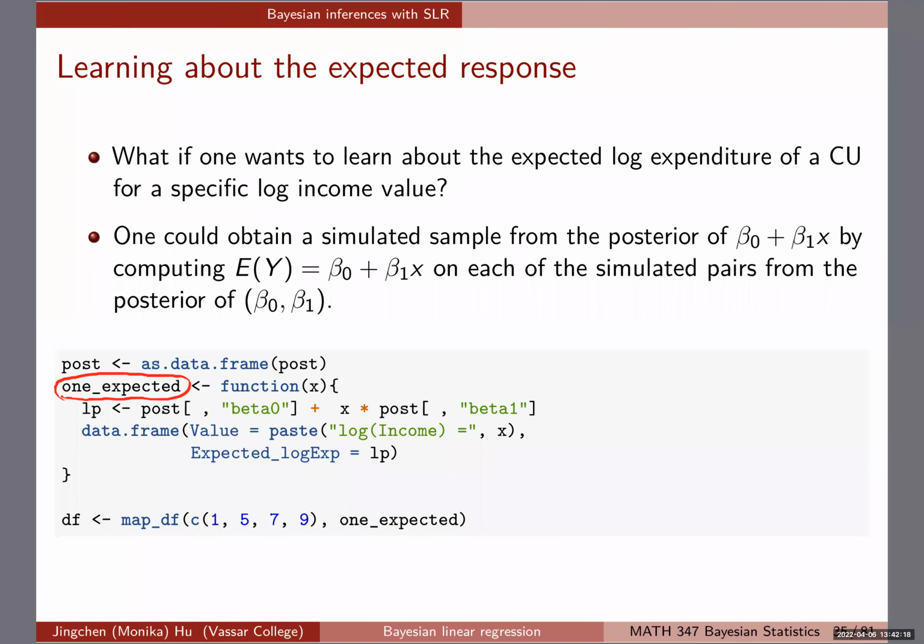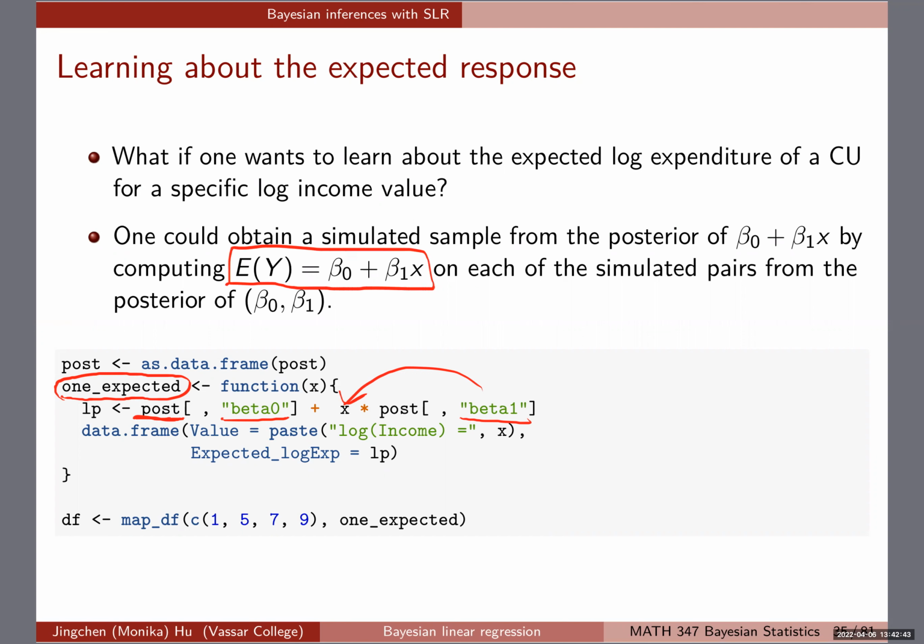So what we're getting, as you can see, is from the post, which is the matrix saving all of the parameters. I'm extracting beta 0, I'm extracting beta 1, and I'm extracting beta 1 multiplied with x. So x will be whatever predictor value I'm looking at. And by doing this, I will be able to extract all of the values that I want